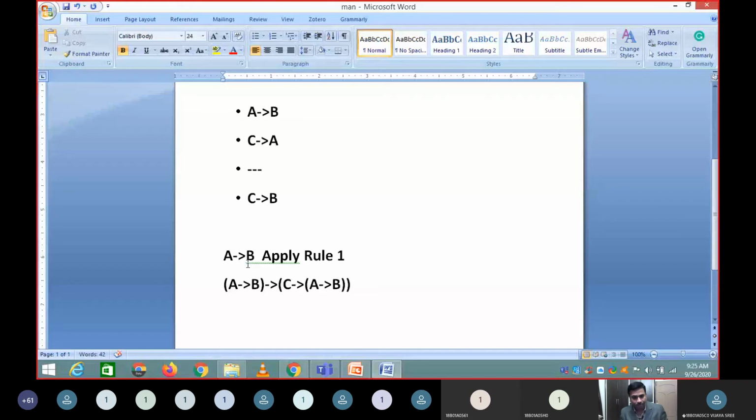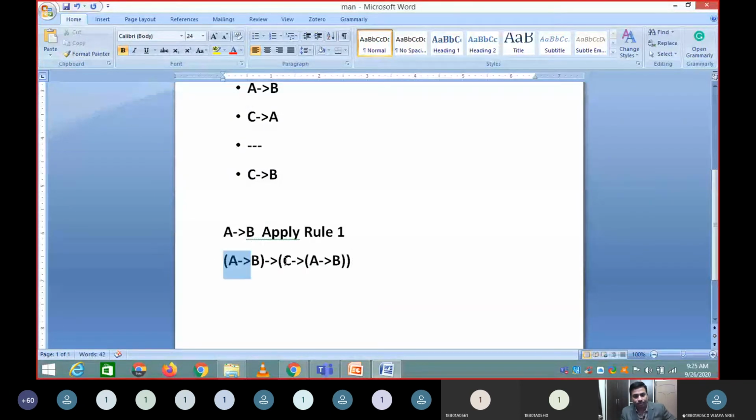Is this right if I apply this first rule? I have taken A to B, and is this valid? Can somebody tell me whether what I have written is right?